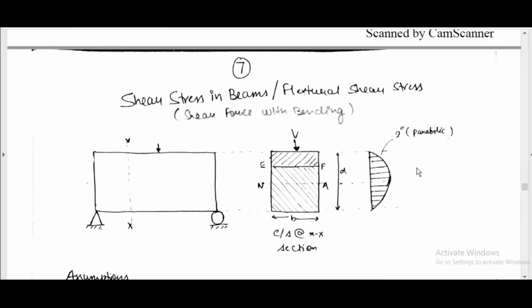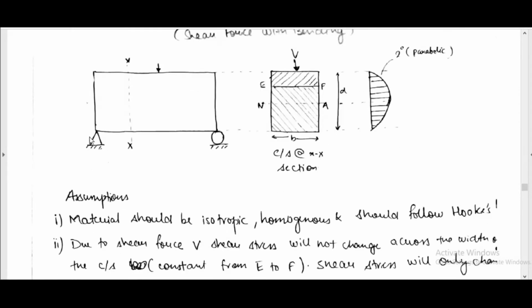Chapter 7. Shear stress in beams, or flexural shear stress. That is shear force with bending. A simply supported beam at a cross section XX. Cross section at XX. This is the neutral axis, EF, total depth d,